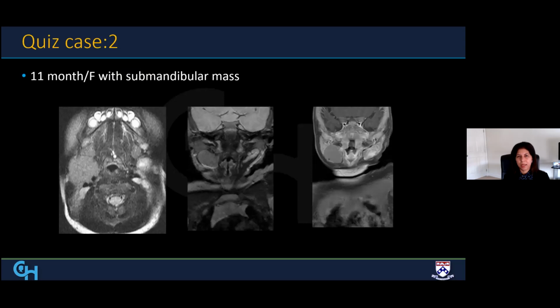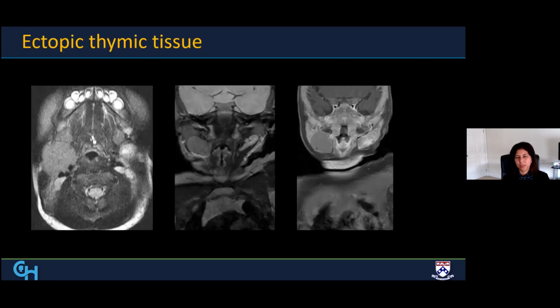And this is an 11-month-old female with a submandibular mass. This is the mass lesion. I will leave you to look at these. This is the T2 weighted STIR image, and this is a post-contrast image. Look at this case and form your diagnosis. In this case, I don't think any other history is needed, and I will give the answer in a minute. This is actually